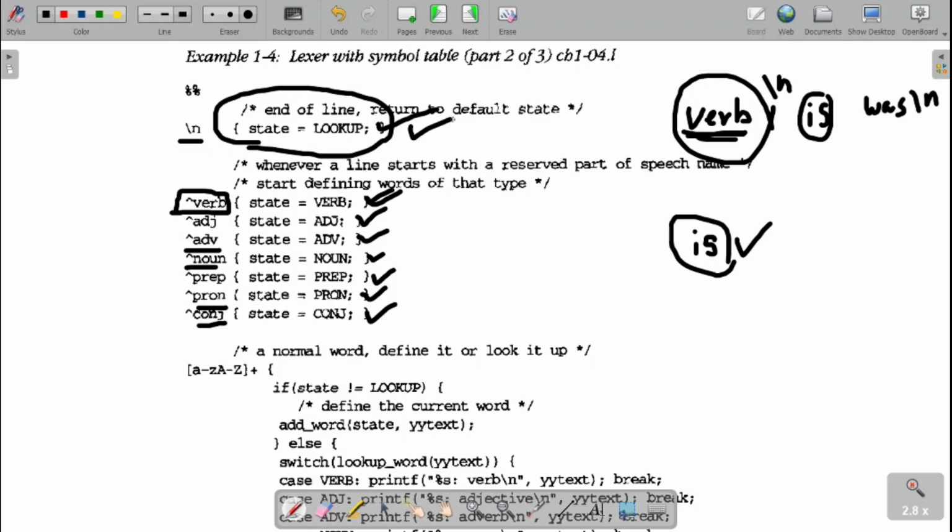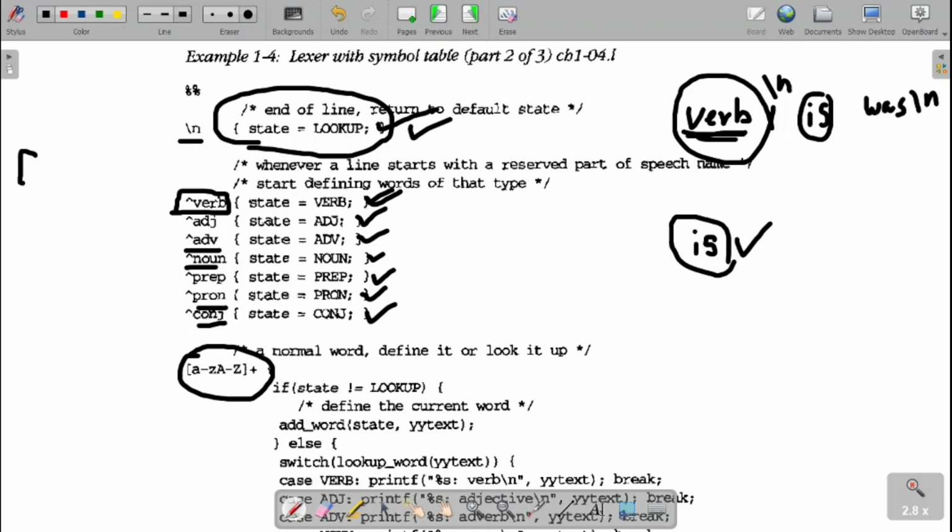Whenever the state is equal to lookup, in all those cases we need to search for that symbol from the symbol table. Whenever the state is not equal to lookup, I need to add. Fine. The same thing will be done for the rest of the words. So what does word mean? It is a combination of one or more alphabets.